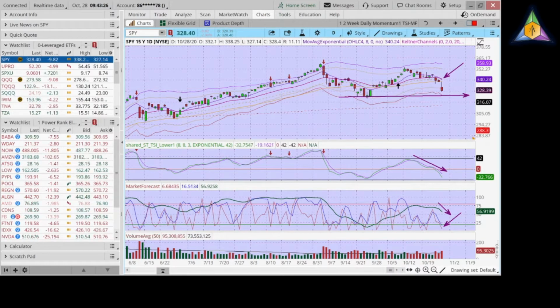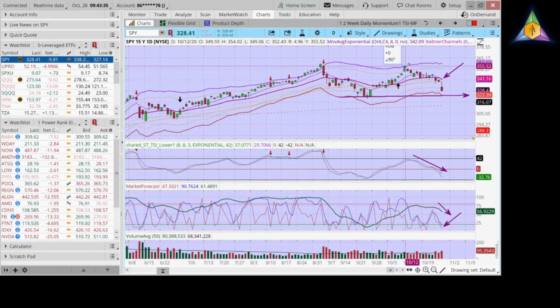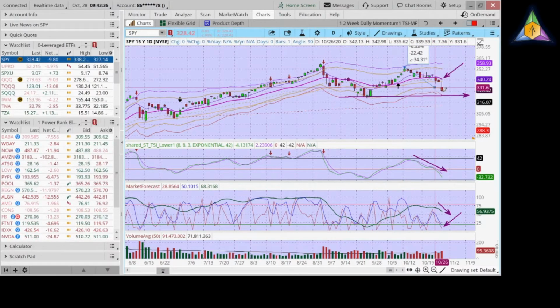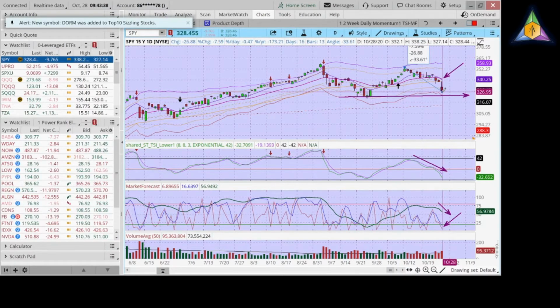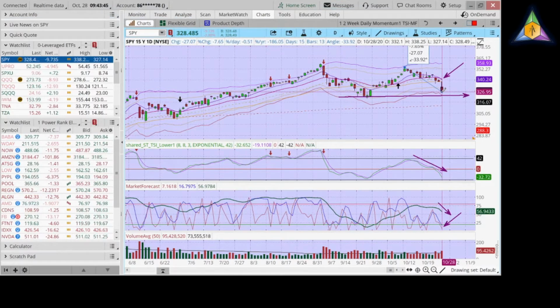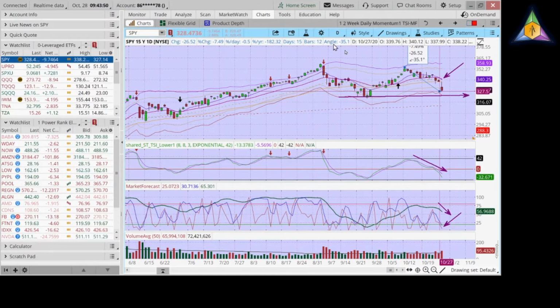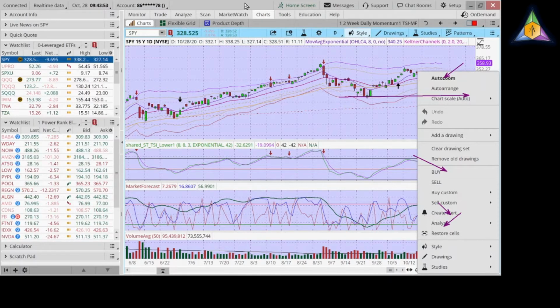Now, I'm not a big proponent of trading the S&P, but one of the other things you want to keep in mind is this last pullback. How far have we pulled back right now? Are we even close to a correction? As you see, the pullback has been 7.59%. Corrections start at 10%. So right now we're still within a pullback within kind of an uptrend, but we're sliding into a